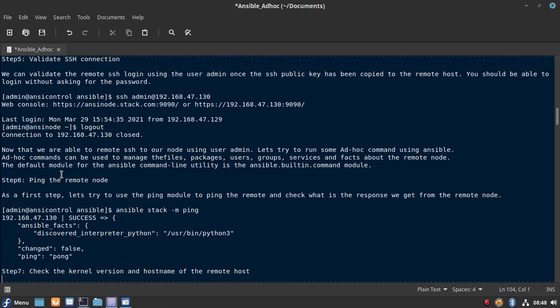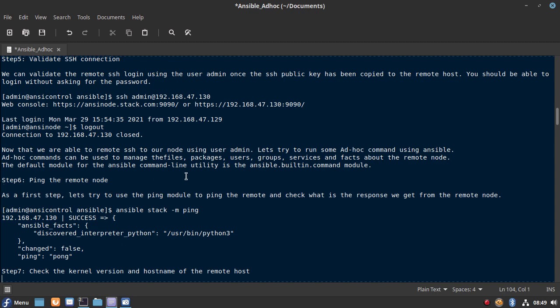We can use the Ansible tool to manage our remote node. We can gather information from the remote node, and we can also manage the file system, the files on the remote node. We can manage the packages that we want to install, uninstall, or modify. We can also manage the services on the remote node using Ansible ad hoc commands.